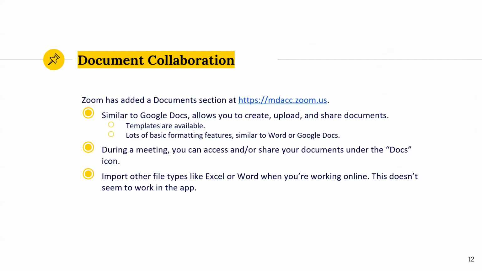The other thing that Zoom has added, last time we did a Zoom update, we mentioned that they added a notes section in Zoom, so notes that you can take during the Zoom meeting. They've also added something called a documents section. You can get to this from a Zoom meeting, but I think it's more effective at mdacc.zoom.us. What I think they're trying to do with the Zoom documents is create something similar to Google Docs or Word and OneDrive. They want you to have a cloud-based document creation tool. So I'm not sure how super helpful this is going to be for everyone, but just to let you know,